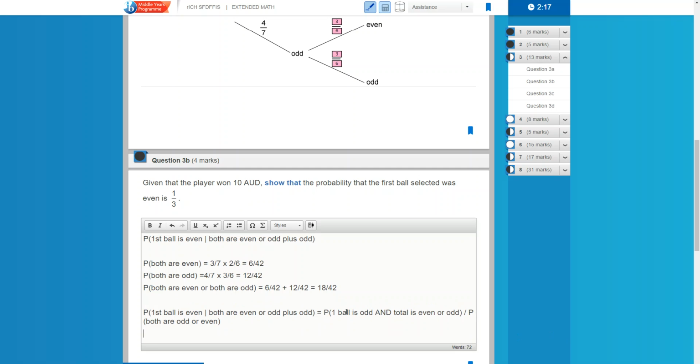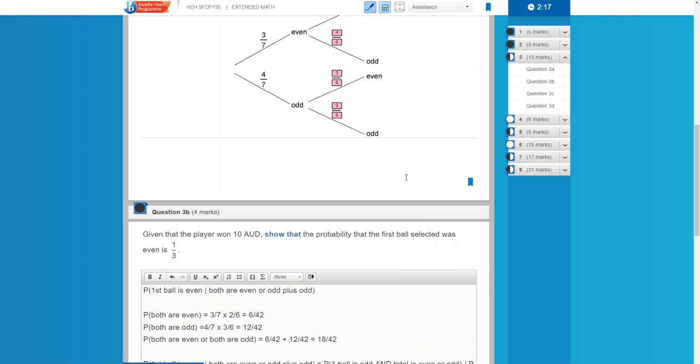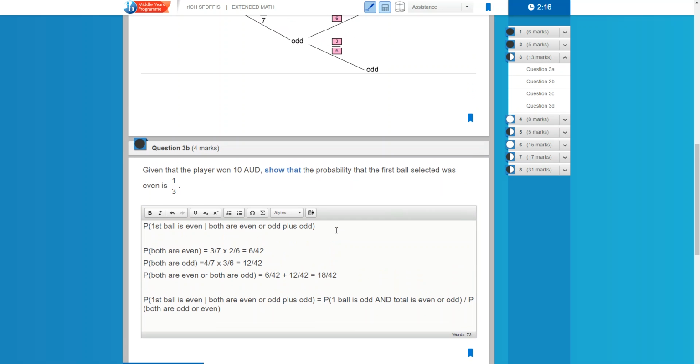Now this, the probability that the first ball is odd and the total is even or odd, okay? Now for that to happen,